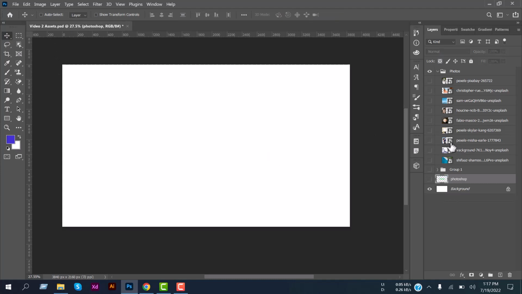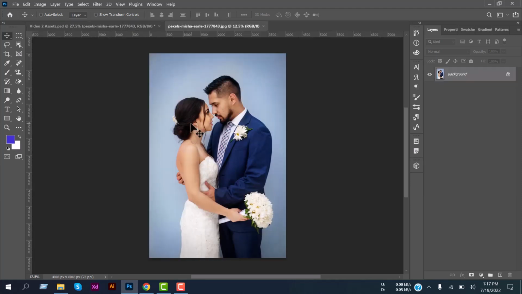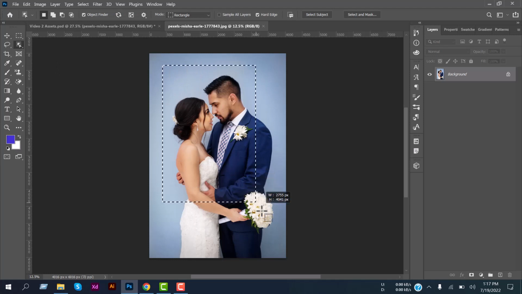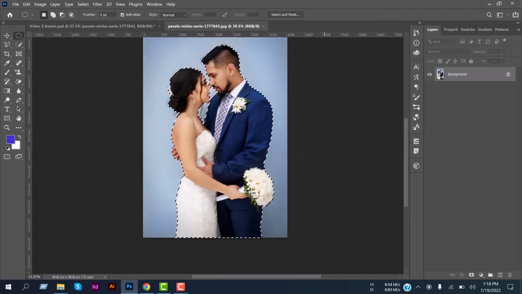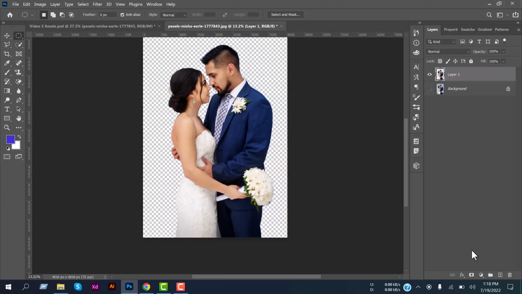or suppose you want to change this photo background to another gradient background. Simply use the object selection tool and wait for a while. Just hold on. Now it's properly selected. Let's create a new layer